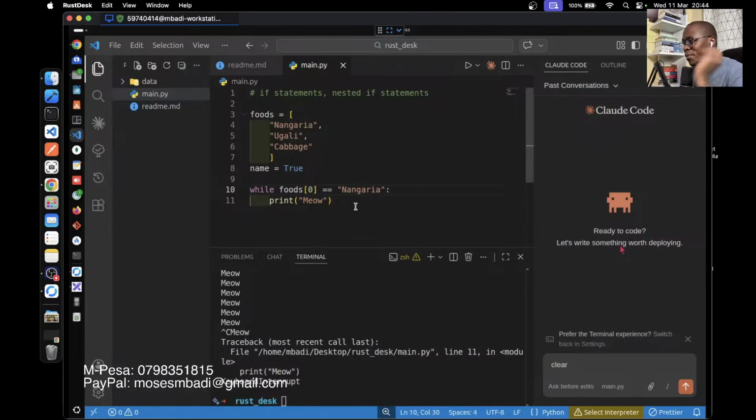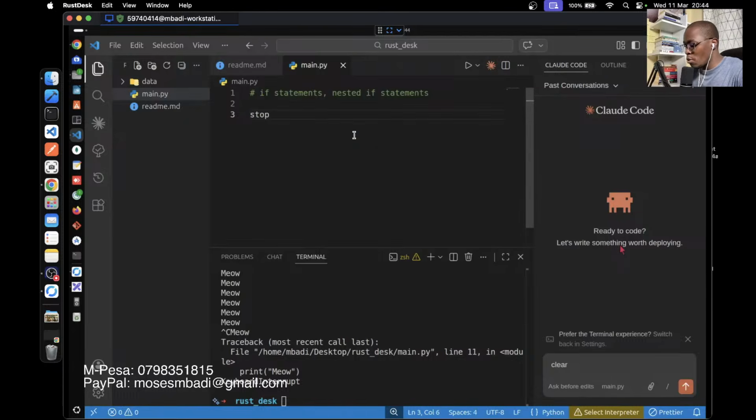So a more relatable example, let's say we want to print 1 to 10, okay? So let's just delete everything. We want to have a start or a number, just any number, and then this number will be 1, okay?